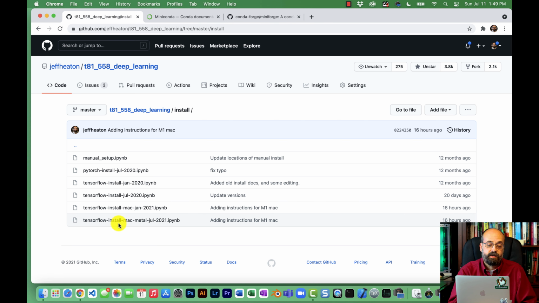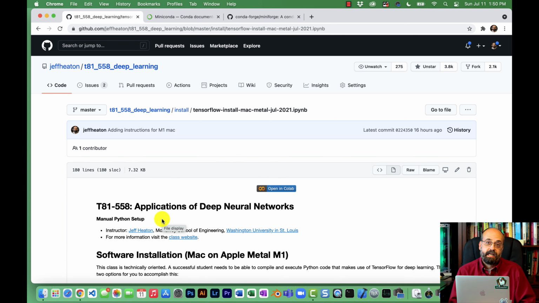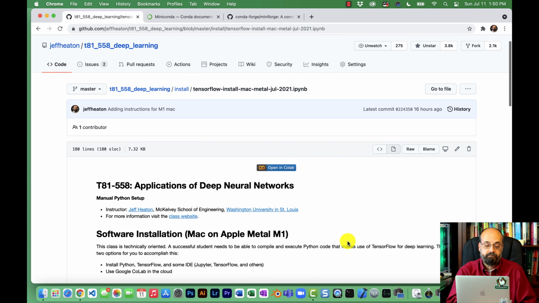This video is going to make use of the TensorFlow installed Mac Metal, July 2021. And if I make some changes to this file that don't break the video badly enough that I feel the need to re-record it, then I will put a link to the newer version here. If they're not breaking changes, I'll probably just modify the file in place.